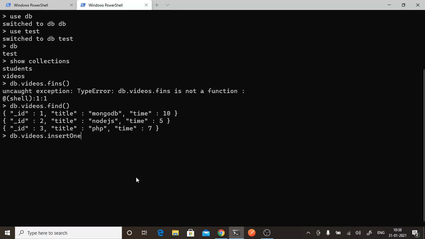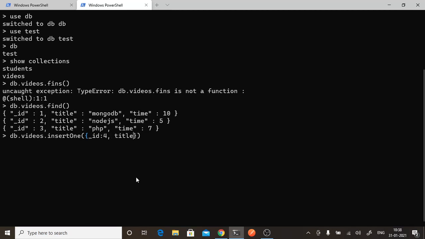So insertOne. See, it's not necessary that you have to give all the fields and all the values. If there is a condition where, for the new records you are adding, you want to have one more field, that is level, then how are you going to write your record? How will it get inserted? In SQL, the requirement was you will have to alter the complete table, correct? To add one field, you will have to alter your complete table, but that is not the case in MongoDB.